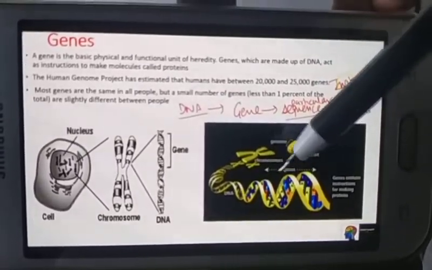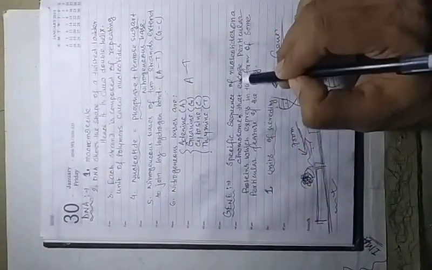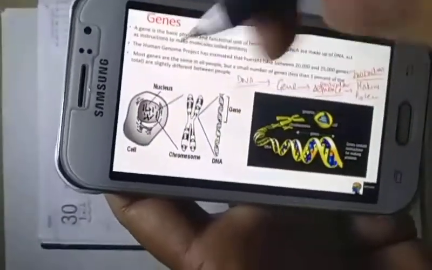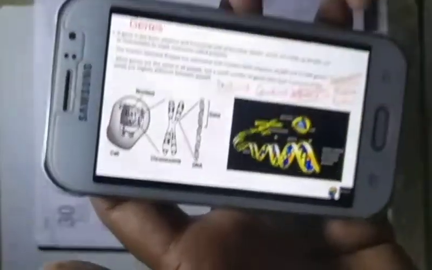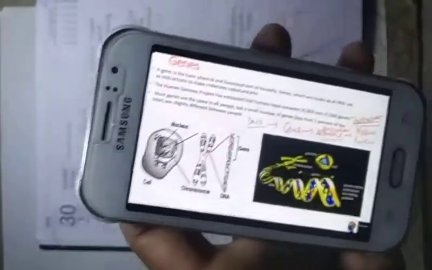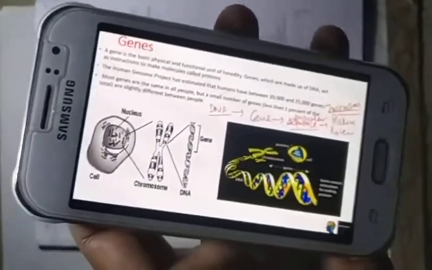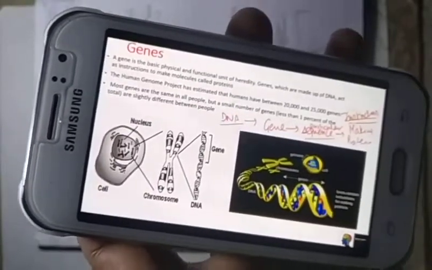In the DNA strand, a portion of nucleotides. Okay, here just once again you read: a specific sequence of nucleotides on a chromosome that encodes a particular protein which expresses the form of some particular feature. This little portion is a gene. This portion is also called another gene. This portion contains the characteristics of fathers and mothers which reach the child. That's why it is called the unit of heredity.